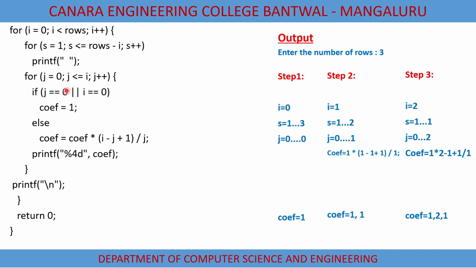And while coming out it gives a slash n, that is one new line it will leave. So it enters into the outer loop I. So I becomes 3. So I is not less than 3. So the condition goes false and it comes to the end of the program. So this way it will print the Pascal triangle as given by the user.